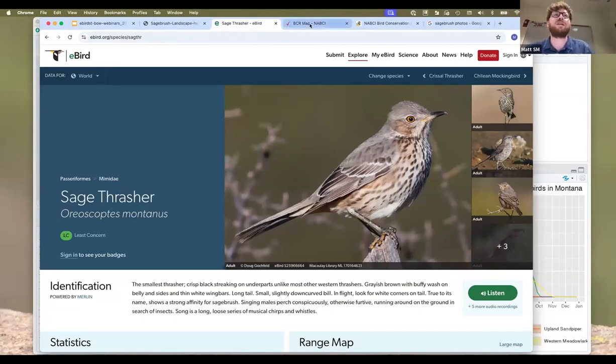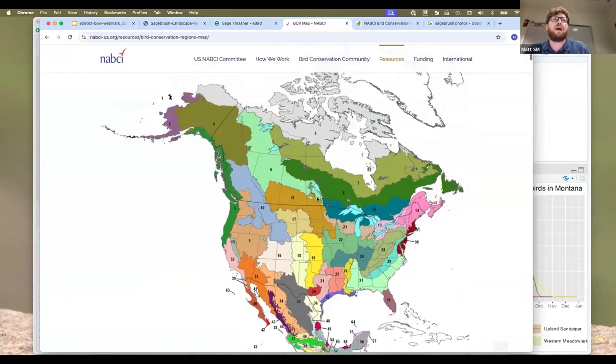And then the final little bit of context, I'm going to use, rather than states, which we've used as region examples from the previous webinars, I thought I would switch things up and use a case where we actually have to download a polygon from the web. So I'm going to use bird conservation regions. And these are areas that have sort of common sets of birds and a common set of habitat. They're defined within North America.